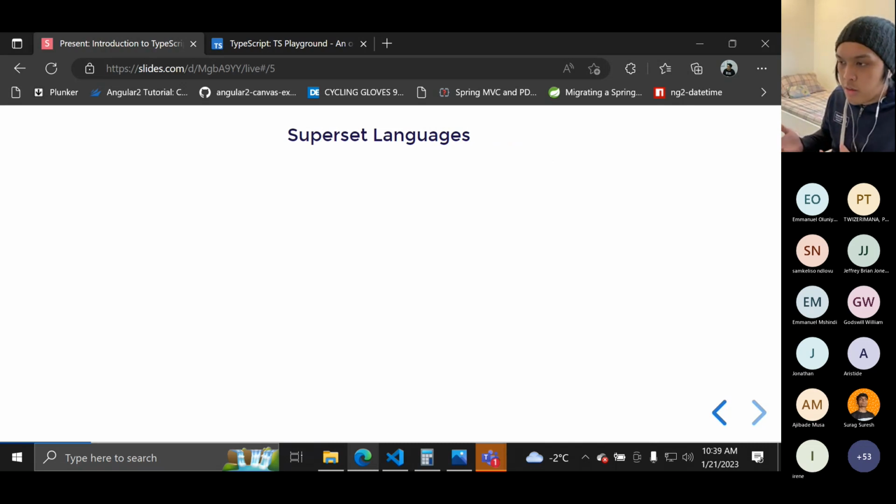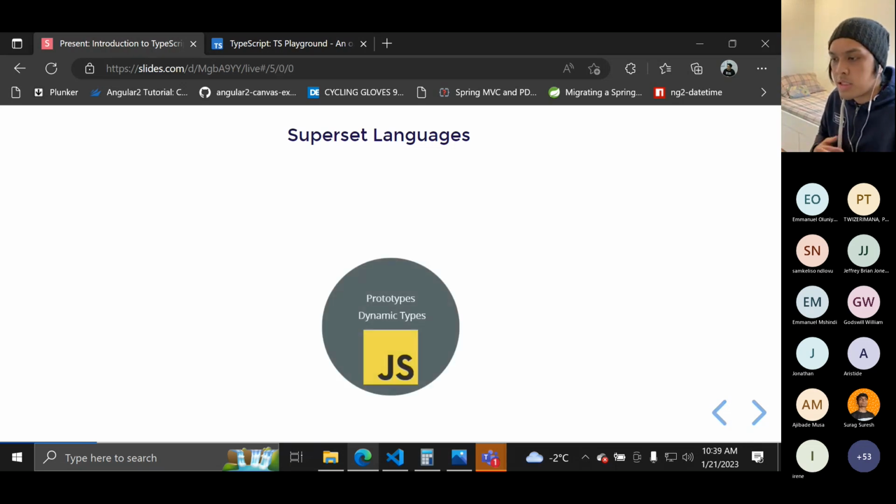I mentioned a while ago that it's a superset of JavaScript. So what does superset really mean? Let's say, for example, JavaScript itself. We call it plain JavaScript or vanilla JavaScript. This is just the simple JavaScript that we are using. It is the scripting language that the browser understands.